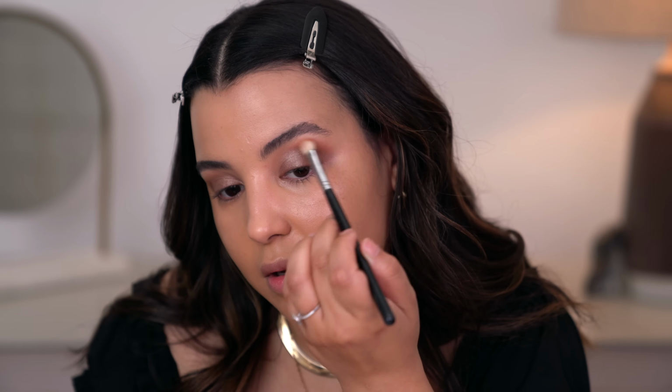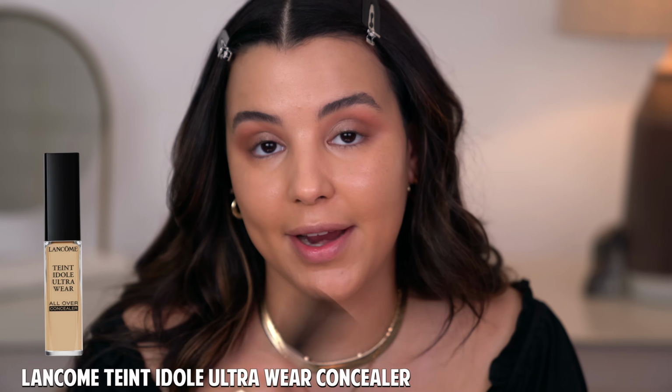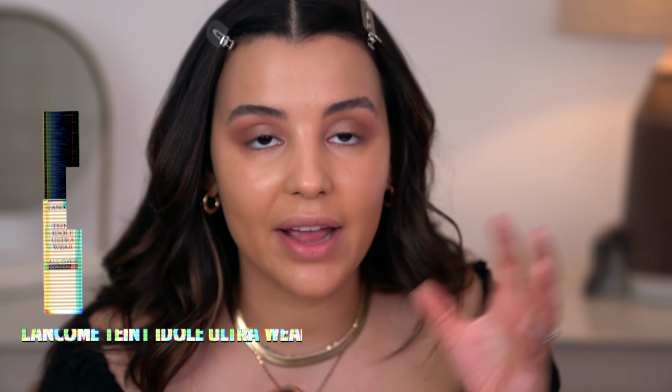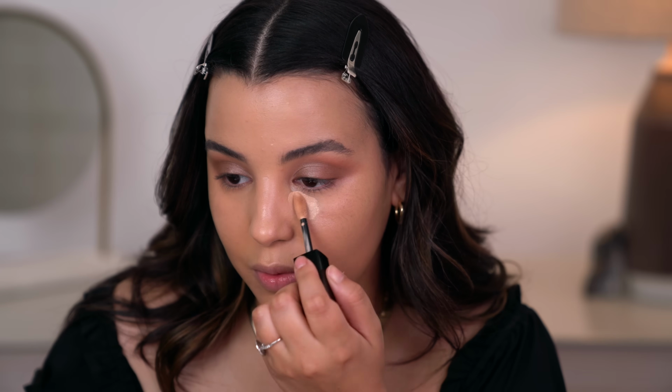So now that I have eyeshadow pretty much done, I definitely want to go in with concealer now, and I'm gonna throw it back to the TEINT IDOLE Ultra Wear. This is the all over cover concealer that I used in one of my previous videos. I've been obsessed with this concealer. It is so good underneath the eyes. It's not drying whatsoever. It has a very, very big doe foot applicator,